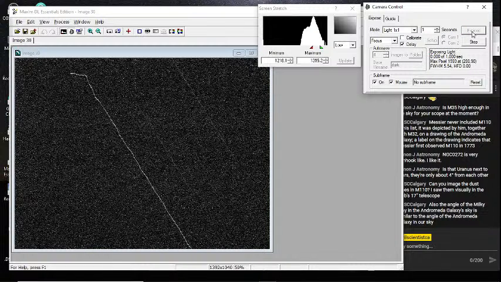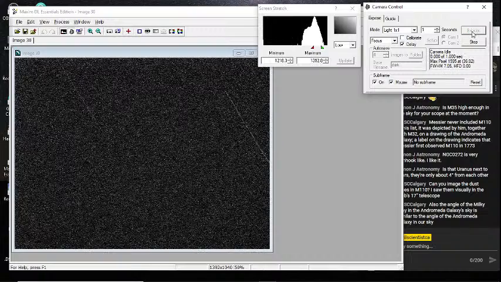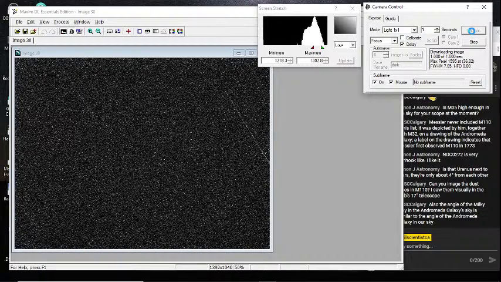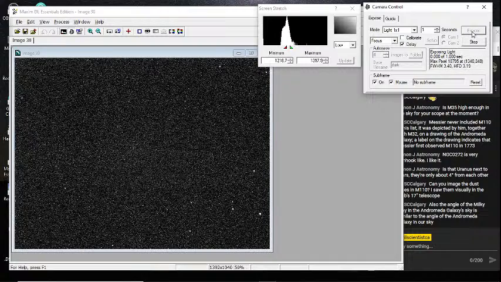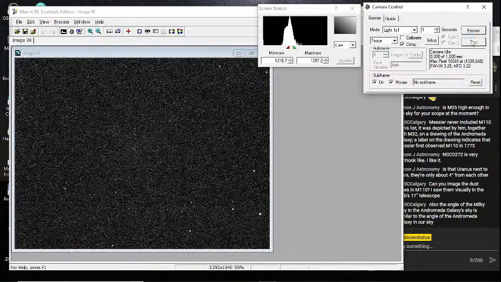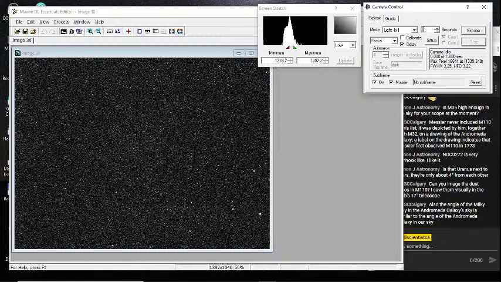Okay, so we should be flipping over to M33. Now, M33 is a little fainter from our point of view, but that's mostly because we're looking through more of our galaxy at it, so there's a lot more dust. So I'm going to make this a 30-second shot. See what we get. So stop. Let's take it out of focus. There we are.